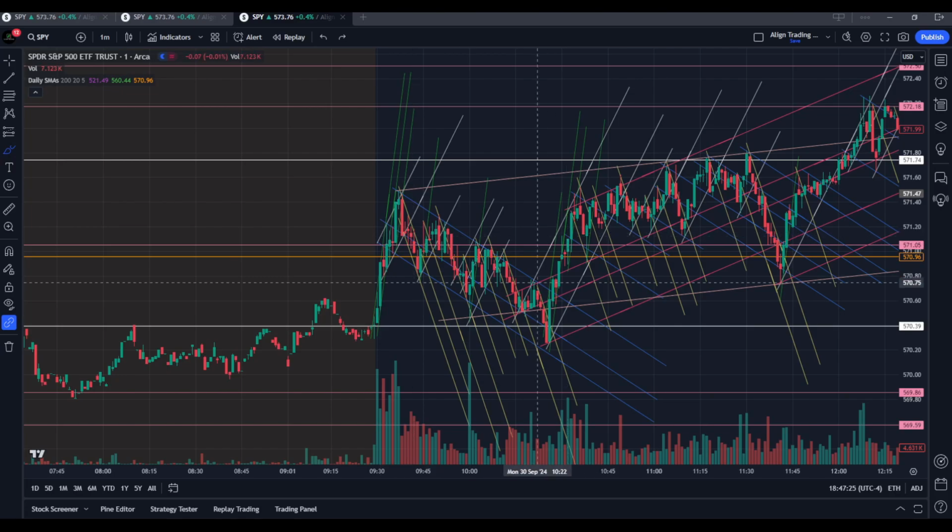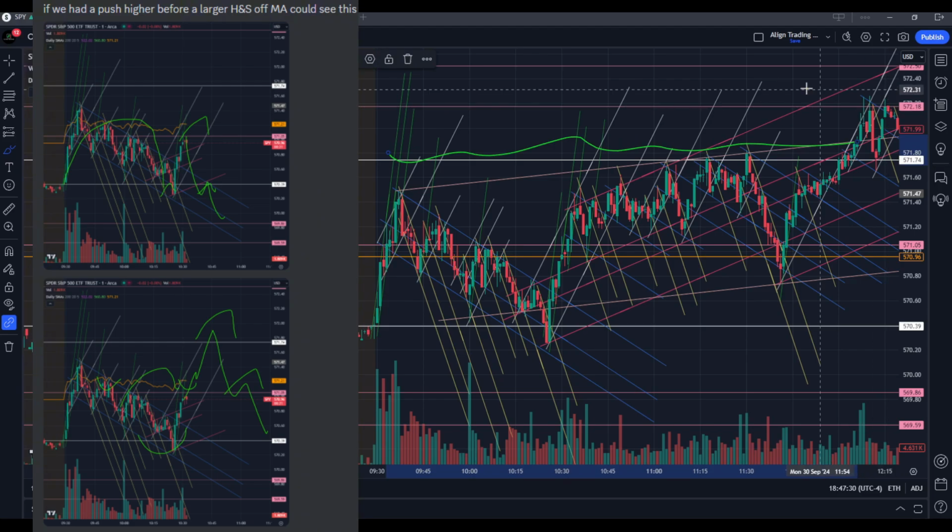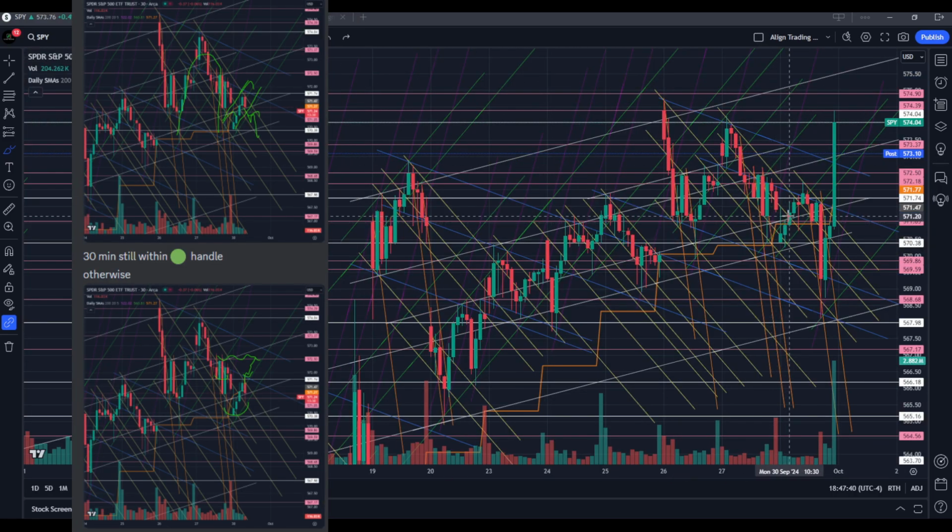Now with this move up right here, I explained on the 30-minute chart, you had to be paying attention to this 571.74 level, which you can see how we start to form resistance right here and begin tapering from that stronger buying. You see here on the 30-minute chart, I explained you had to be paying attention to this inverse head and shoulder above that level right here, and you see how we cannot form that support and close the cup at 572.50 quite yet. And from here, we start to form that head and shoulder off that level and begin to get this move down right here, closing the cup.